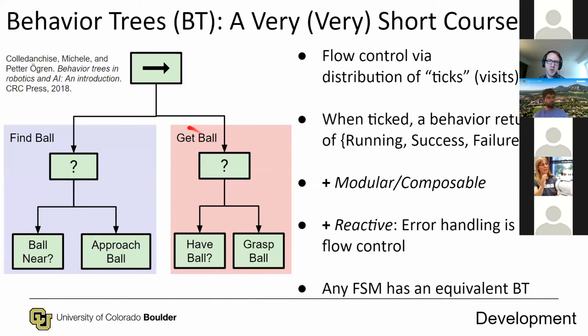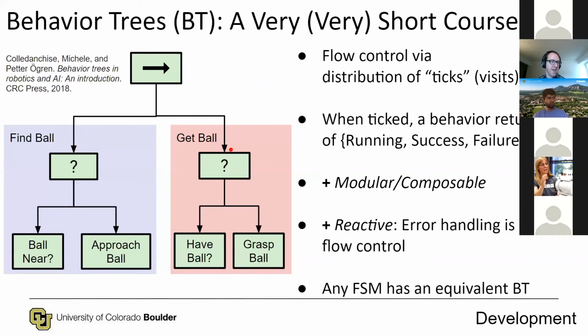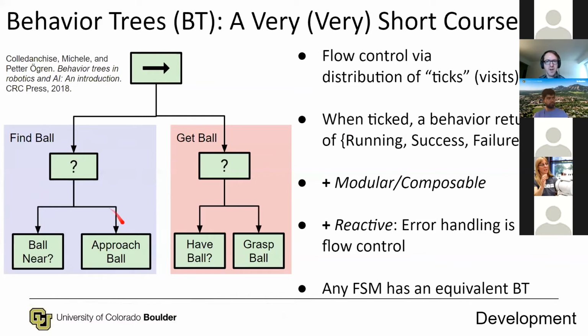This behavior tree shows as an example a behavior that's going to fetch a ball. The root node is a sequence node that's going to visit each of its children in sequence until the sequence either succeeds or fails. The subtree on the left is for finding the ball. Its root is a selector node that's going to visit each of its children over and over until the